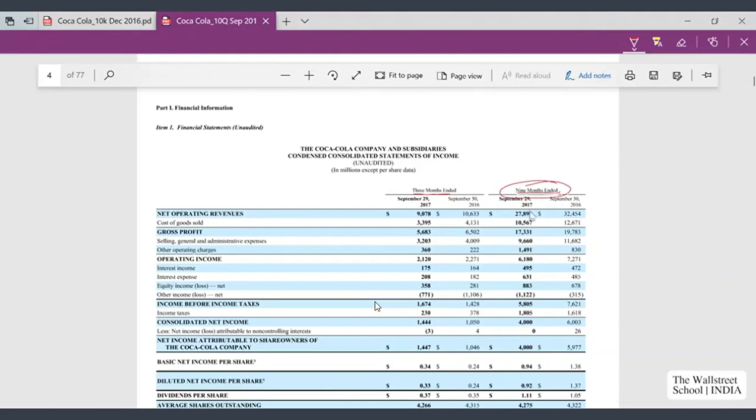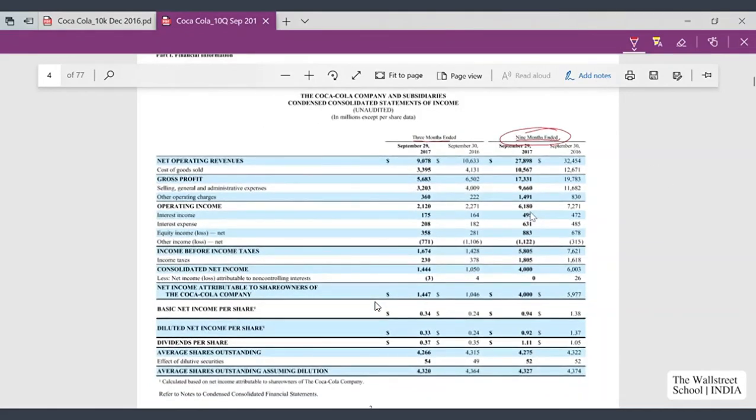Under these, the company has reported 9 months numbers ending on September 17, which is our current stub. And next to this, the company has also reported the corresponding 9 months numbers of the previous year. This is my prior stub.